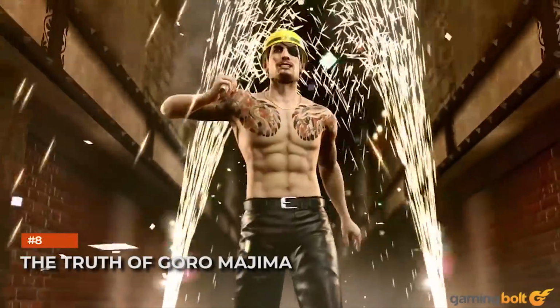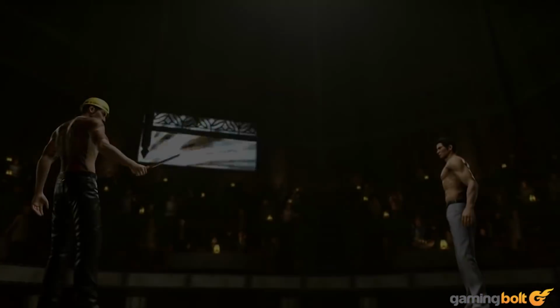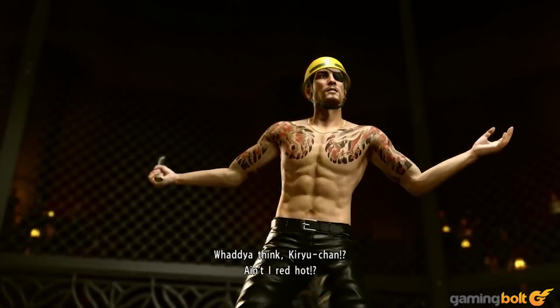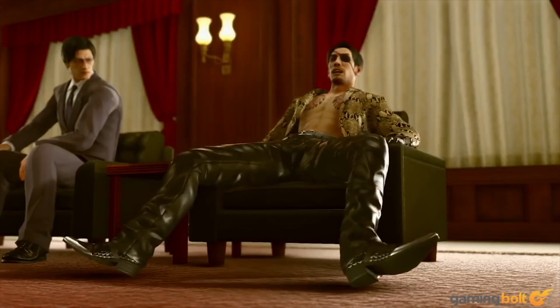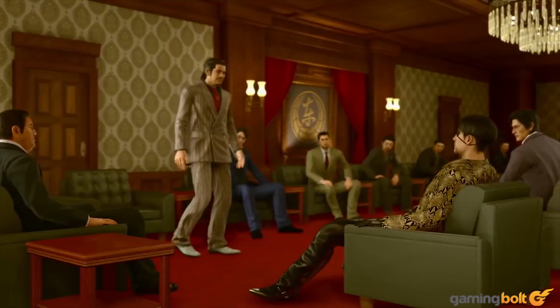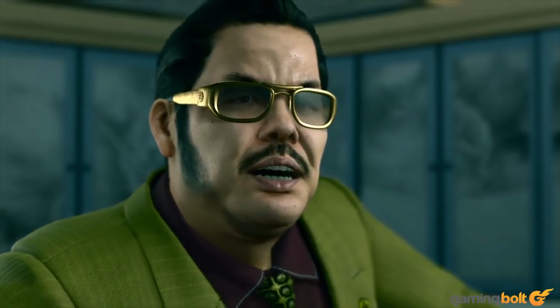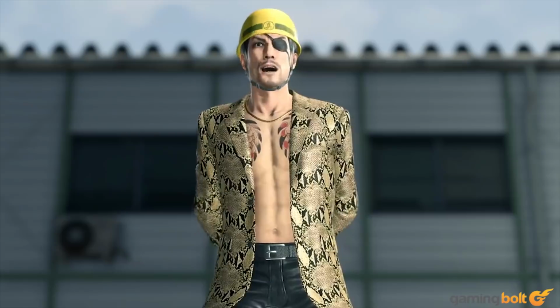The Truth of Goro Majima. Of course, the headline addition in Yakuza Kiwami 2 for many fans is going to be the addition of a completely new section of the story, which is a major new, never-before-seen addition. The new scenario, called The Truth of Goro Majima, will feature the fan-favorite series anti-hero as the playable character, and will focus on his story and its progression and depict how he came to leave the Tojo clan and form